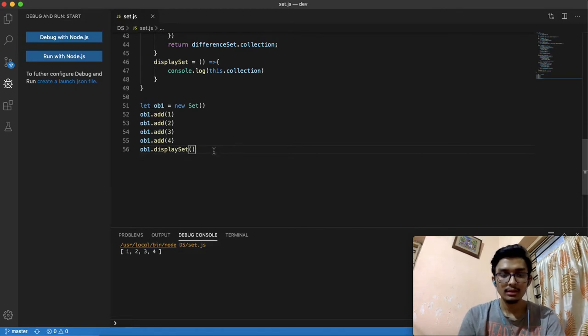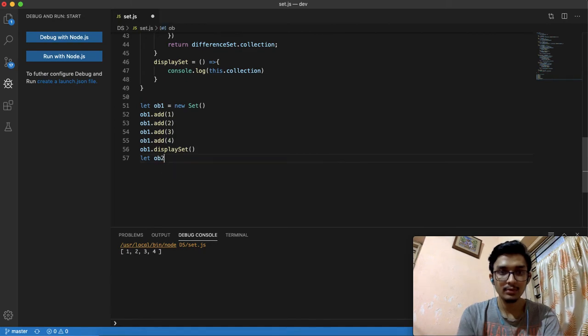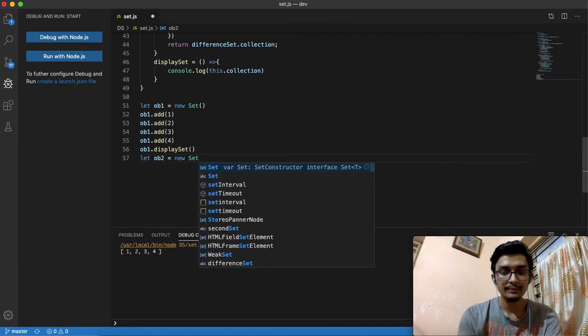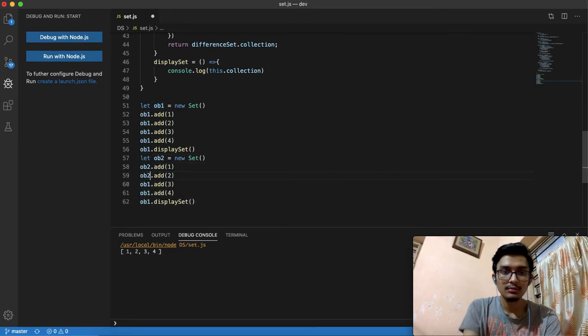Okay. Now let's create a second set. Okay. ob2 equals new Set. Let the elements be 1, 5, 6, 9.